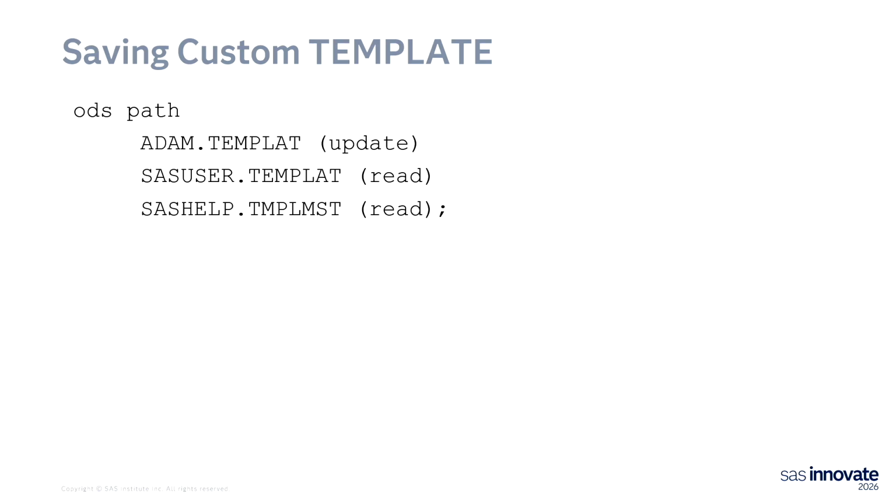So now that you've got your beautiful template, you want to save it so that other people can use it. You're so proud of your work and you want to say, hey, look, go use this. This is awesome what I've created. You don't have to do it; I've already done all the hard stuff. You can save it, and you can use it by using ODS PATH. You'll see up here, I'm saving my templates to a libname of Adam temple, and then I'm going to say update, saying I'm updating that registry. I'm going to update that template store so that I can save it for other people in my company to use.